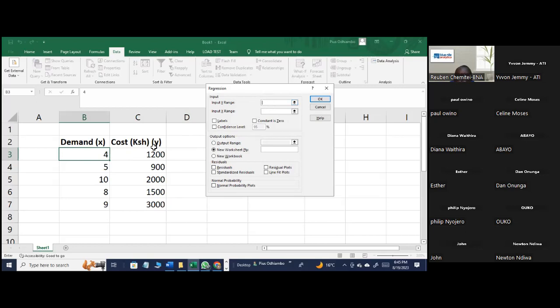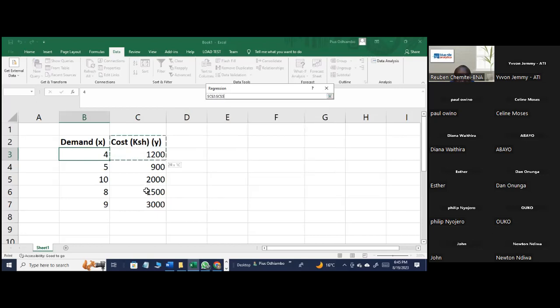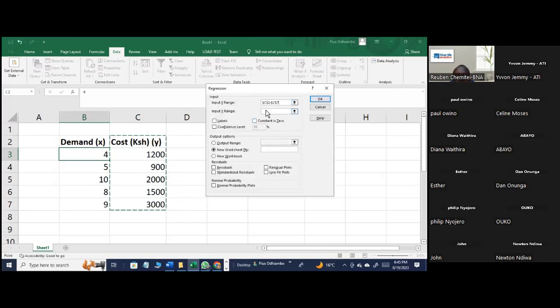It is easier to drag, so I can simply drag like that, and then I release the button. So you can see here it's selecting C2 through C7. So you can see that. Now then the next